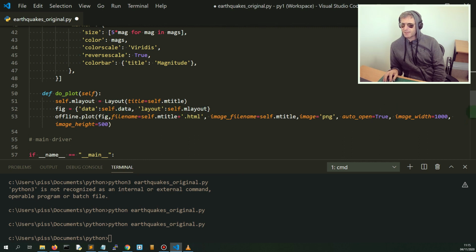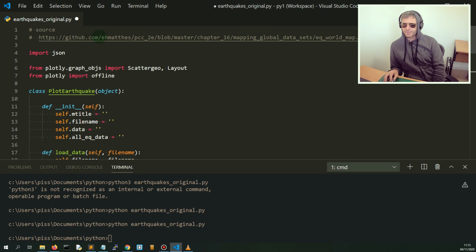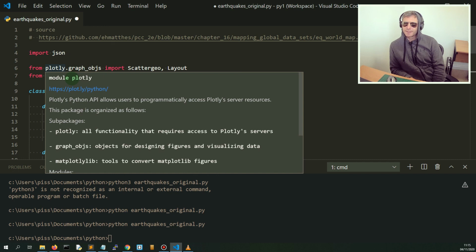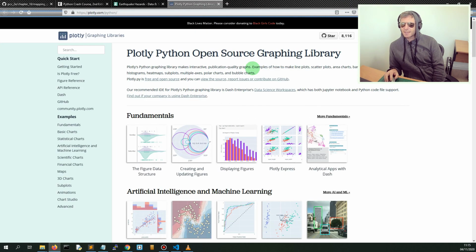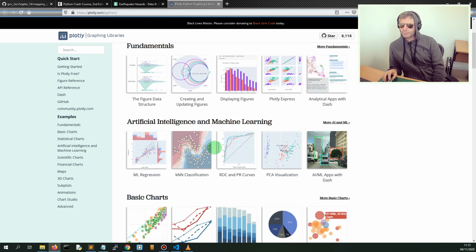Most of the Plotly code has come from here, the Plotly module. So all functionality that requires access to Plotly servers, Plotly's API. So you can actually go to plot.ly/Python. Go on Windows, let me go there. And there we go. That's the Plotly website. You can let them create your images and so on, but we chose to do